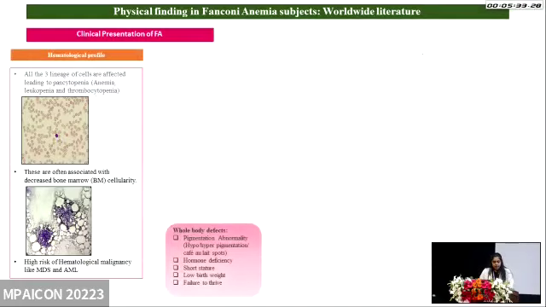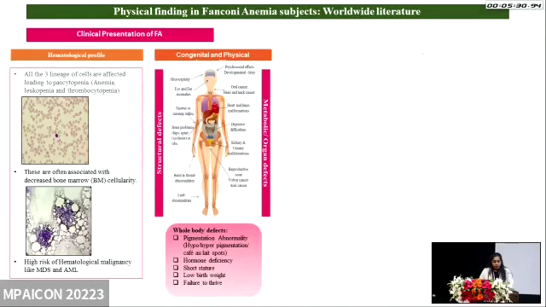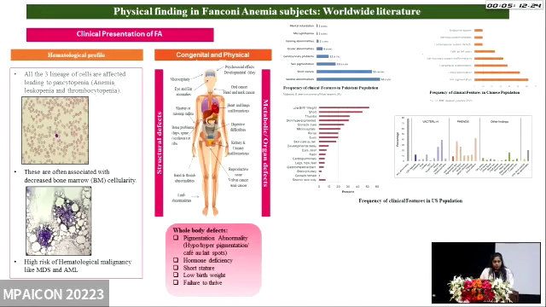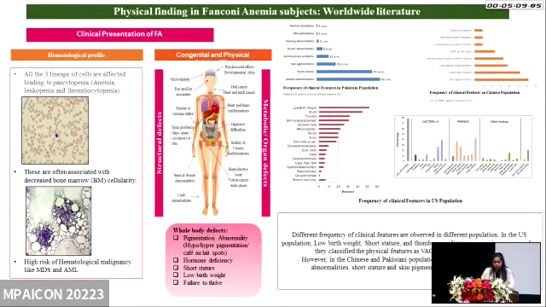There are multiple clinical presentations, like the hematological profile, wherein all 3 lineages are affected. The bone marrow cellularity is hypocellular, and from head to toe, there are many congenital and physical abnormalities. Also, there are whole body defects like short stature, hyperpigmentation, and low birth weight. But again, the worldwide literature shows different frequencies. Like in the US, low birth weight, short stature, and thumb anomalies are commonly seen, while in the Chinese and Pakistani populations, a high frequency of skeletal abnormalities, short stature, and